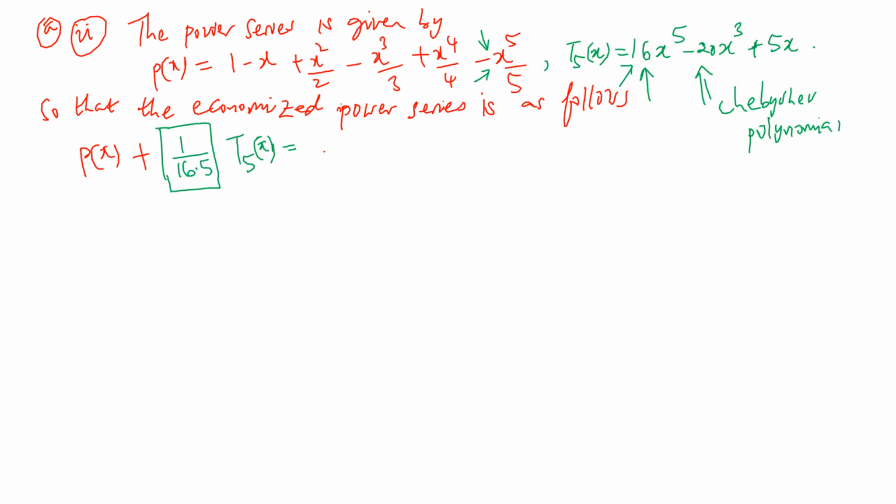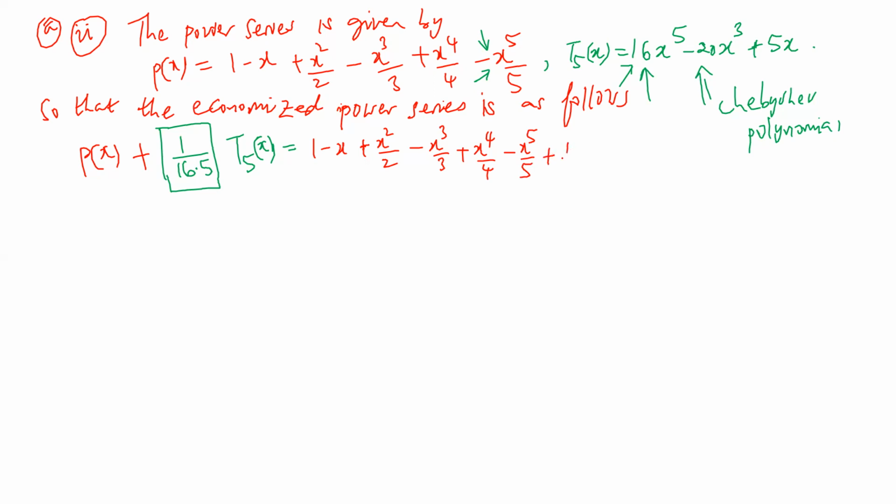But for it to go away, we must add. So we shall have 1 minus x plus x squared over 2 minus x cubed over 3 plus x to the 4th power over 4 minus x to the 5th power over 5